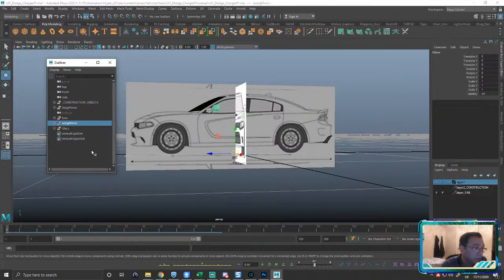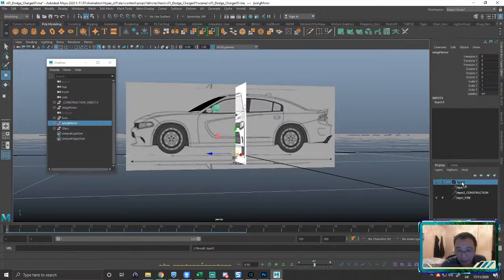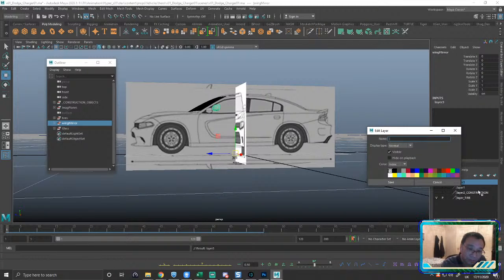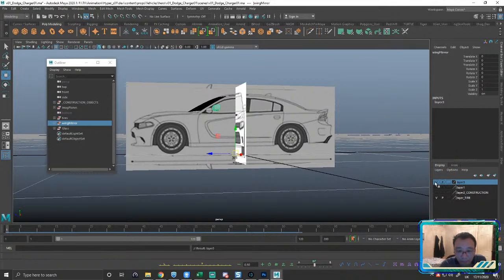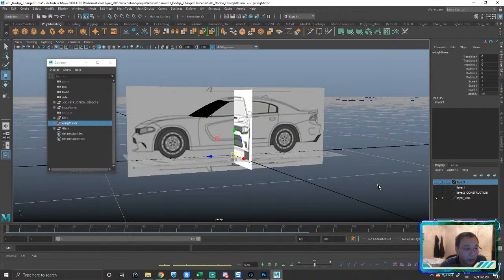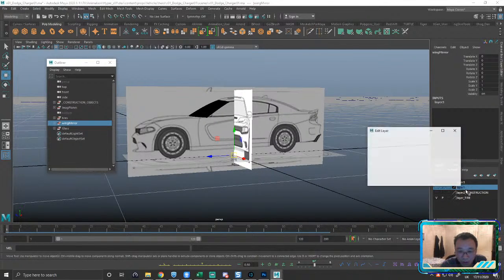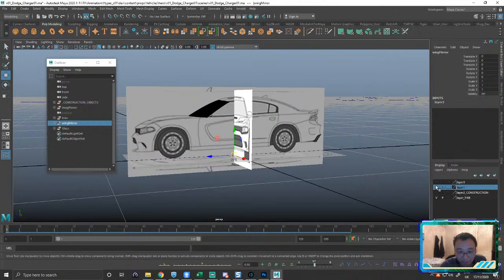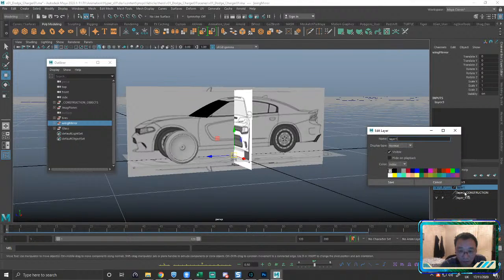I'm going to grab my wing mirrors, and we'll stick that in another layer. That way we can turn the visibility of that off. This one's going to be, oh, come on, man. This one was my layer and tires.